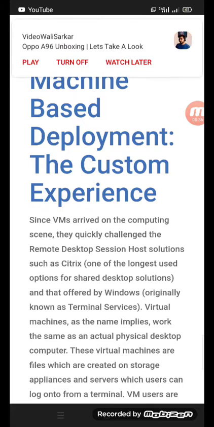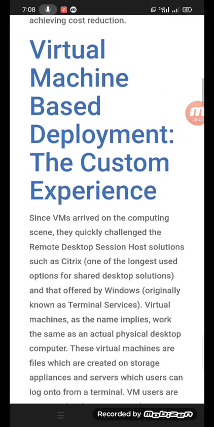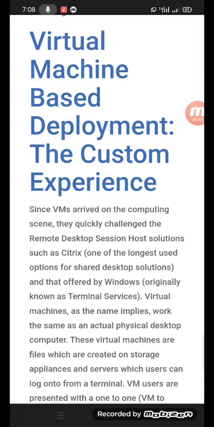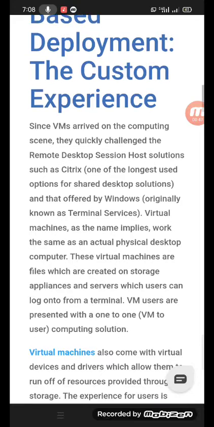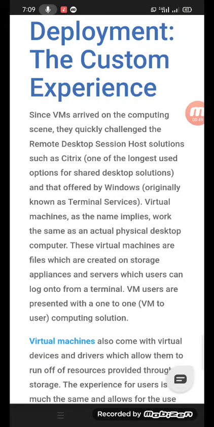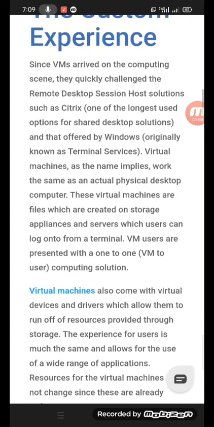such as Citrix, one of the longest used options for shared compute desktop solutions, and that offered by Windows, originally known as Terminal Services. Virtual machines, as the name implies, work the same as an actual physical desktop. These virtual machines are files which are created on a storage